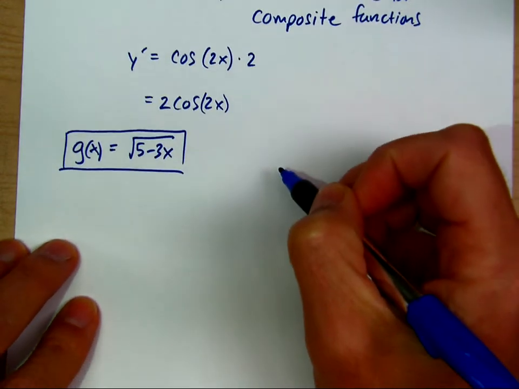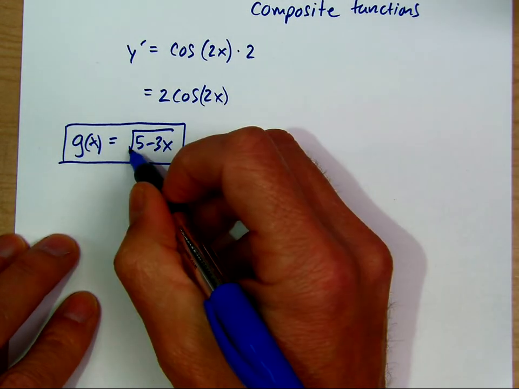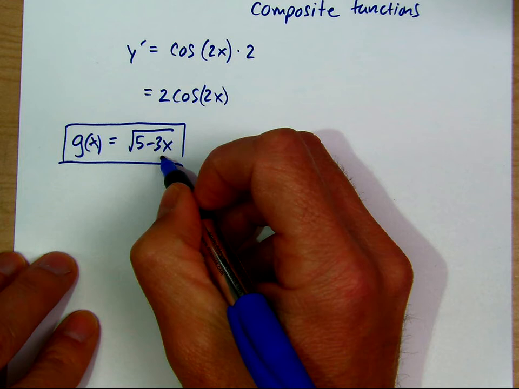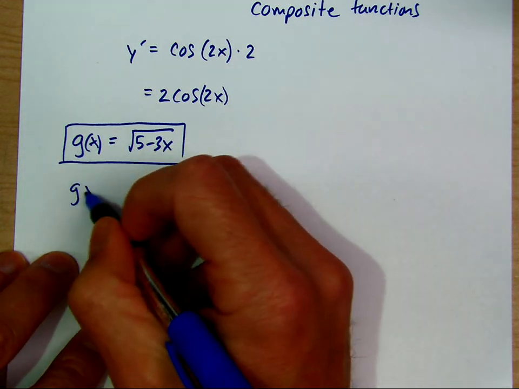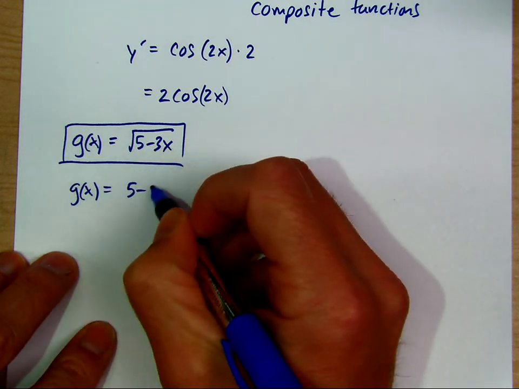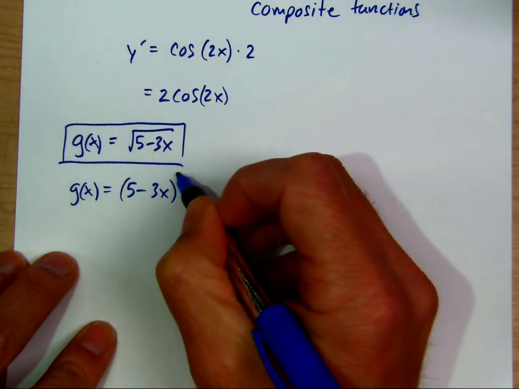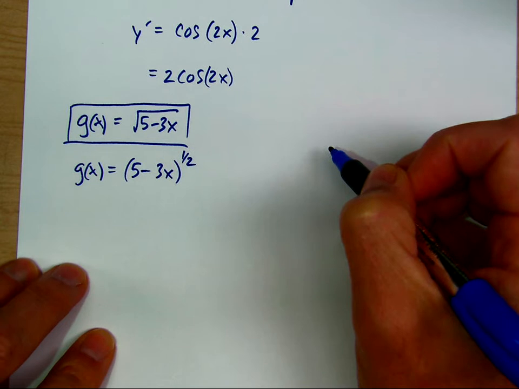So we'll find the derivative of that. We have the outside being the radical, and the inside is 5 minus 3x. It's easier if we write it as a fractional exponent. So now